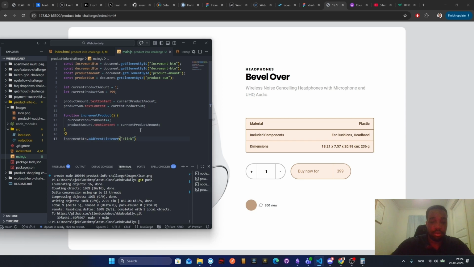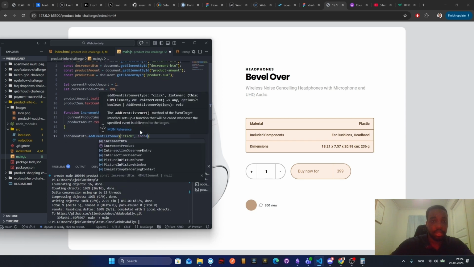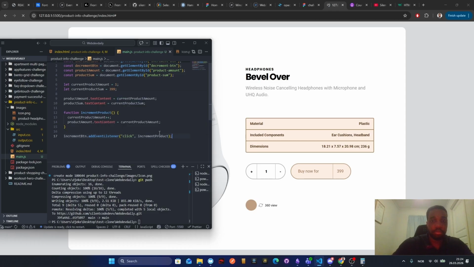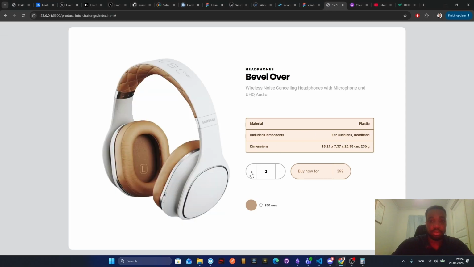So we're gonna go here, we're gonna increment product. Let's see if that works. Yes. So when we increase this, we also want to increase this one, and we also need to add